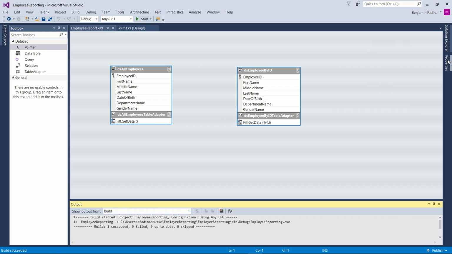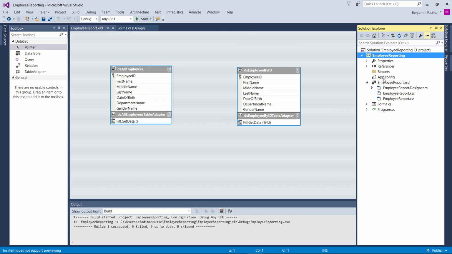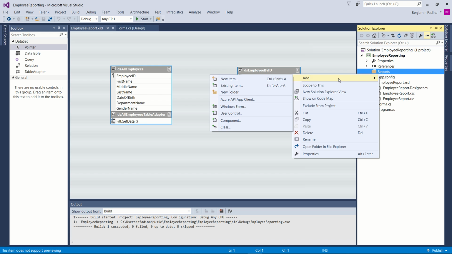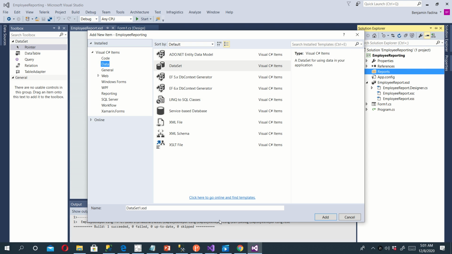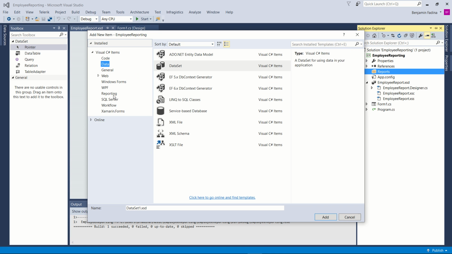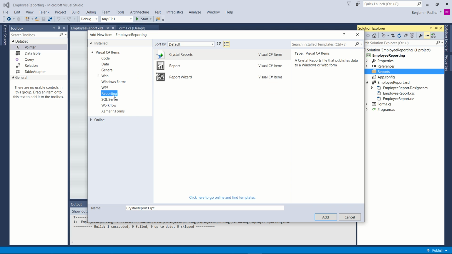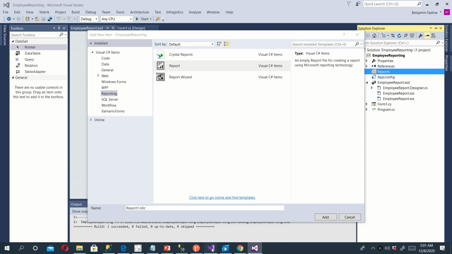After building the solution, I'll go to Solution Explorer. I'll right-click on the Reports folder and say Add New Item. Then I'll go to the Reporting section. I want to add a report, and the name of the report is